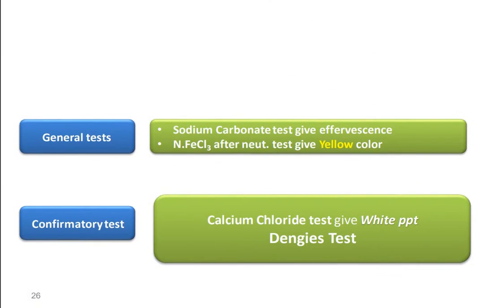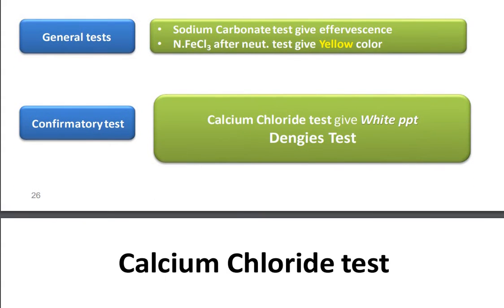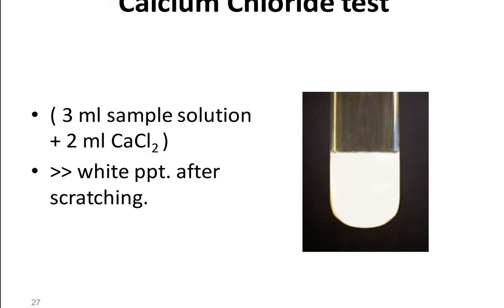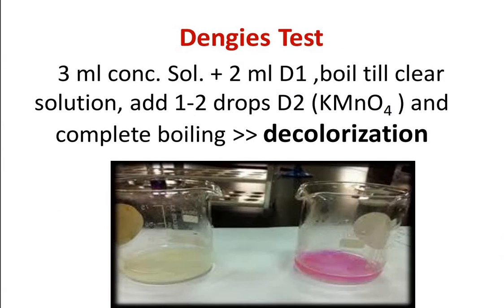Now tartaric acid general test. Sodium carbonate test gives effervescence. Neutral ferric chloride after neutralization test gives yellow color. Confirmatory tests: calcium chloride test gives white precipitate, and Denigès' test. Now calcium chloride test. Take 3 ml sample solution and 2 ml calcium chloride. White precipitate after scratching. Now Denigès' test. 3 ml concentrated solution, 2 ml Denigès reagent, boil till clear solution, and add 1 to 2 drops of KMnO4 and complete boiling. You can see the